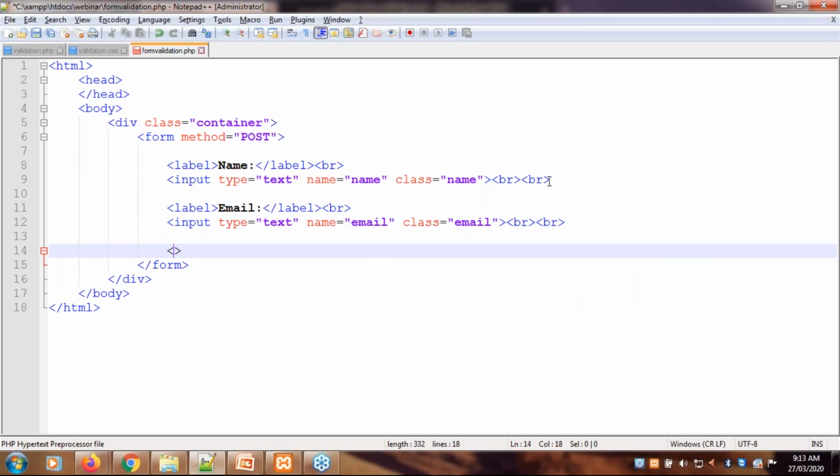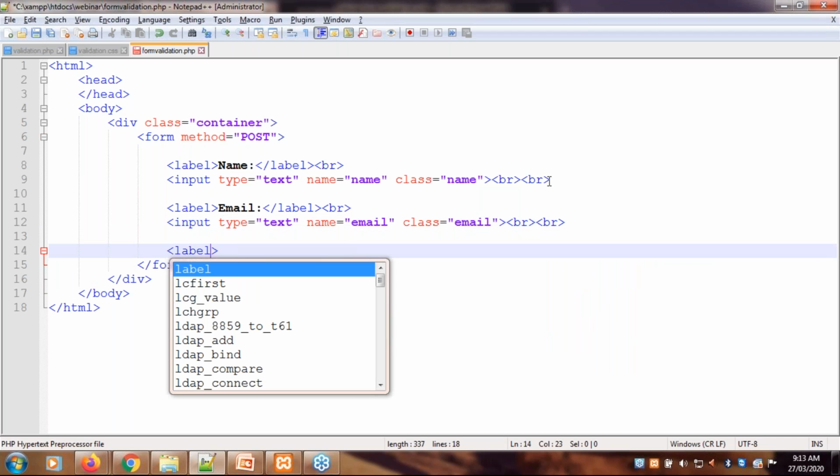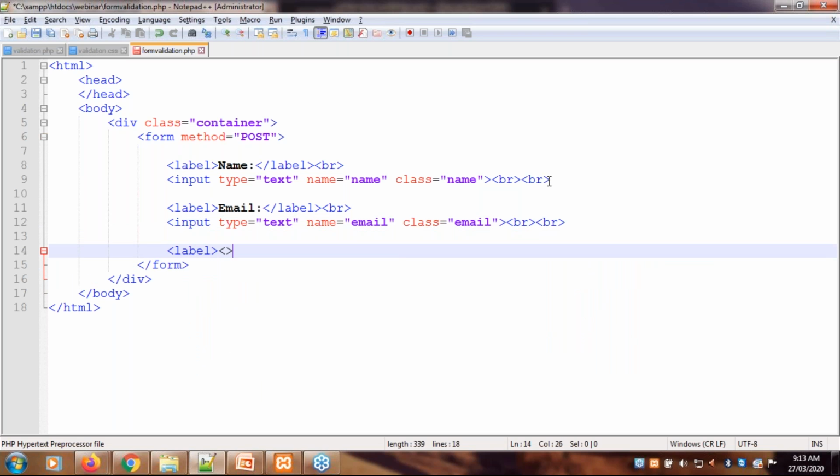The third input we are going to provide is password.